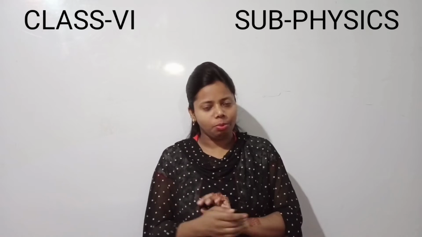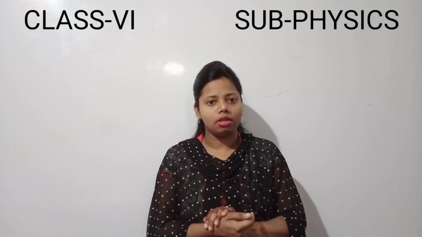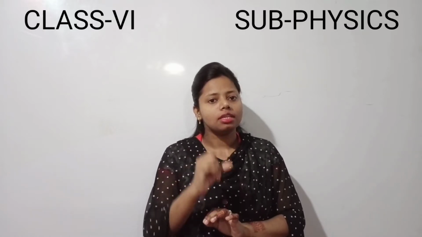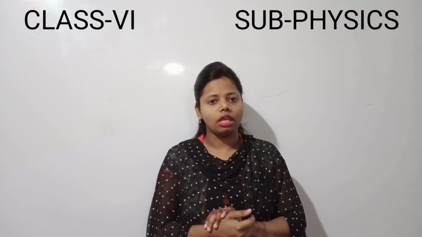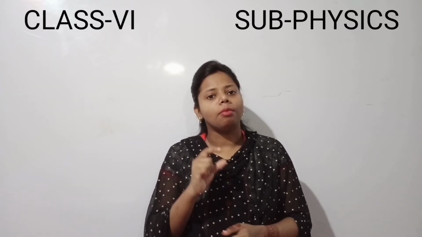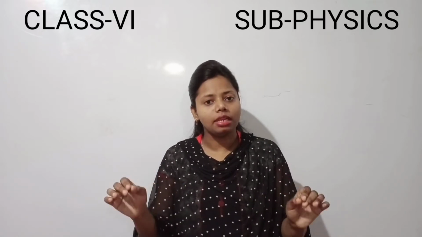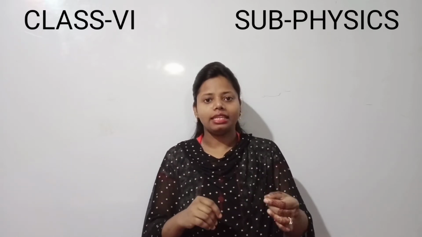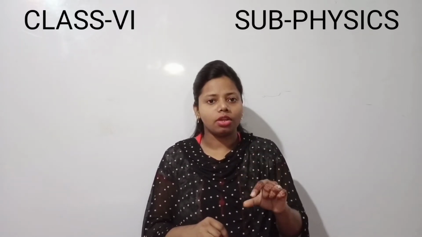Now in a thermometer there is a small bulb, and mercury is filled in this small bulb. The mercury is filled at the end of a long capillary tube. In a thermometer, a capillary tube is also there, and at the end of this capillary tube is a small bulb, and in this small bulb mercury is used.